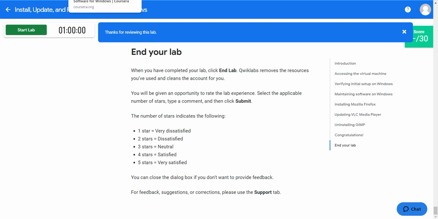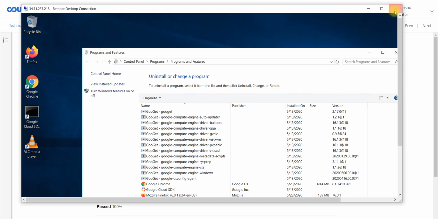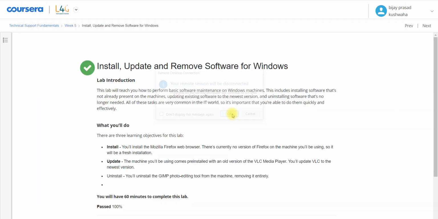Okay, now completed, and I will again go back to that page and check whether the assignment is completed or not. Right guys, due to some network weakness, it is taking time to load. So you can see here this task is completed, and for this remote you can just close it, no need anymore, and the task is completed guys.